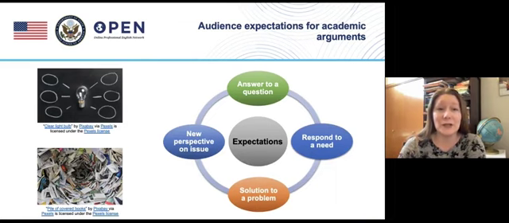Academic audiences generally expect the main idea of the argument to be an answer to a question or a response to a need for information that is important to others. It could be a solution to a problem or a new perspective on a controversial issue. An academic argument should always begin with a real need to explain or understand an issue that matters to the audience, and it should clearly tell the readers what the writer wants them to accept and why.